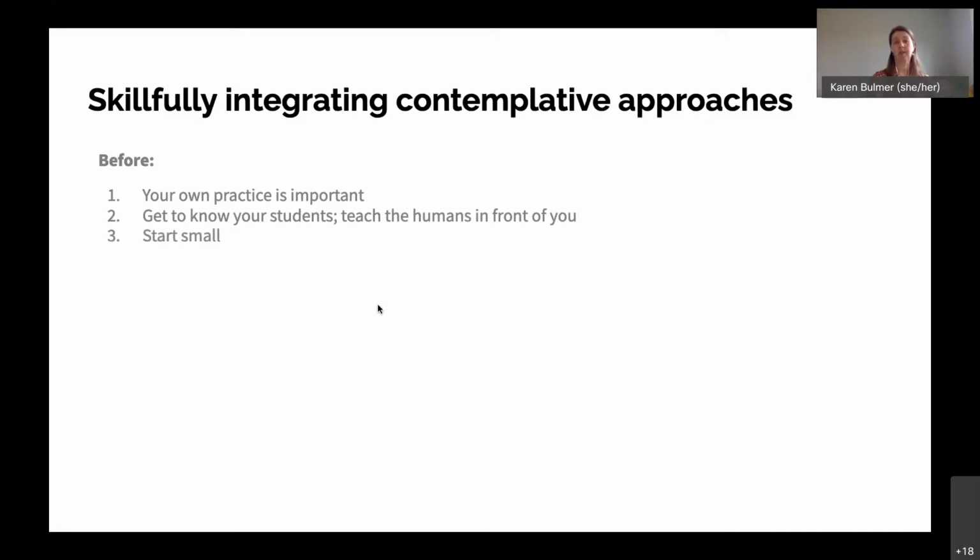Start small. My suggestion would be to try one or two contemplative exercises over the course of a term and see how students respond. This is really important, and I think what distinguishes contemplative pedagogy from doing a meditation or relaxation exercise in the class is that contemplative approaches have a clear purpose that is linked to the course material or the learning outcomes.